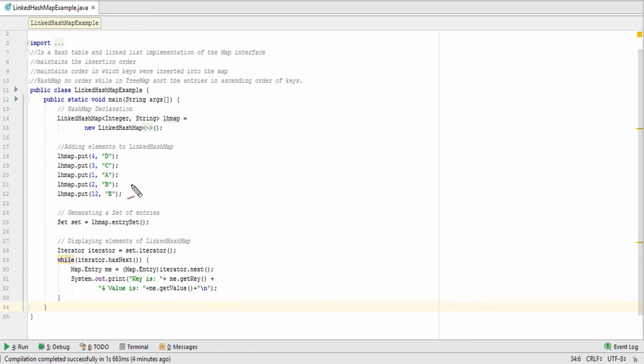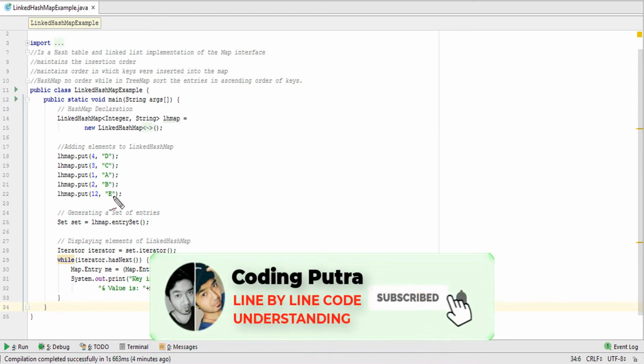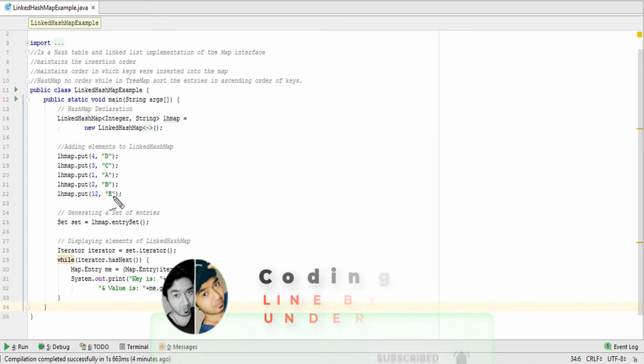It maintains the order in which keys were inserted. It will see which key was inserted first, then which key after that, and so on. So it maintains the order in terms of keys.